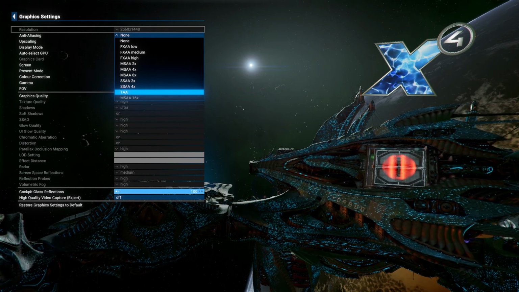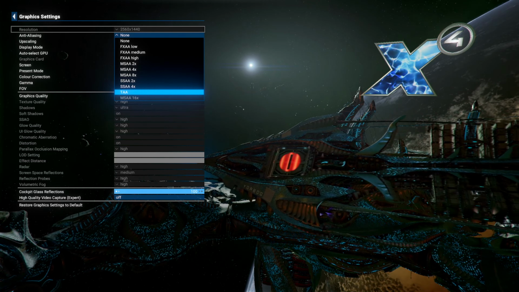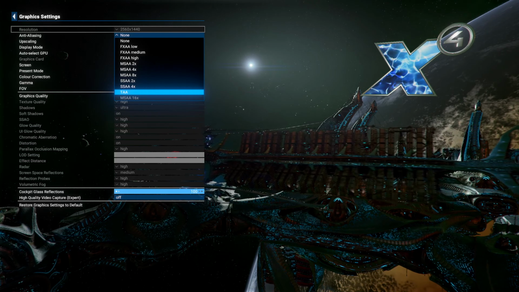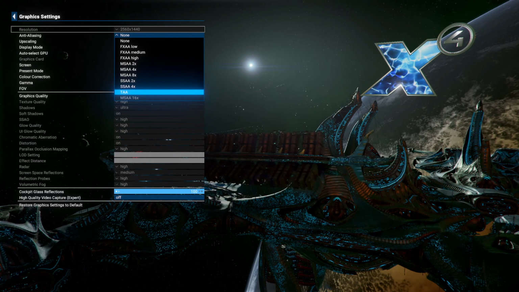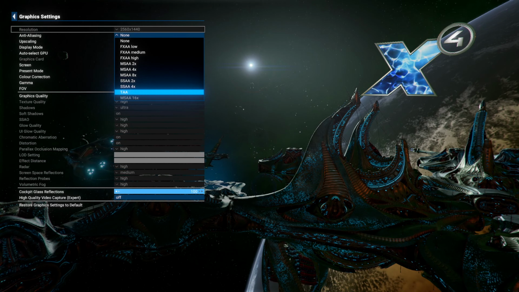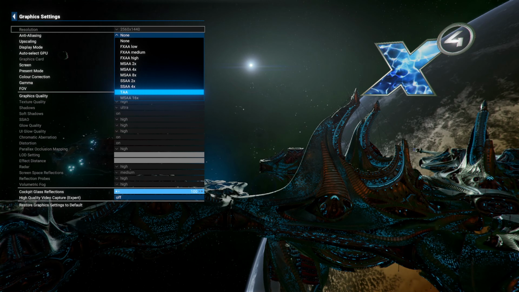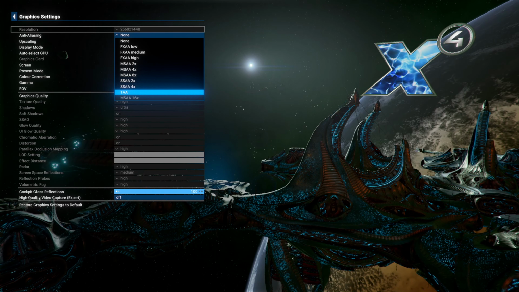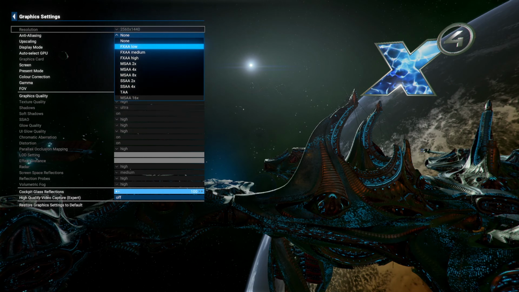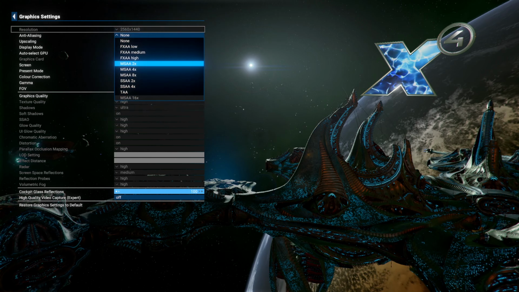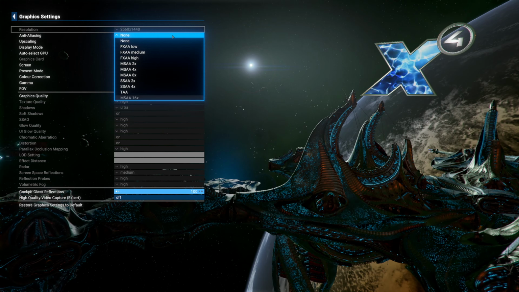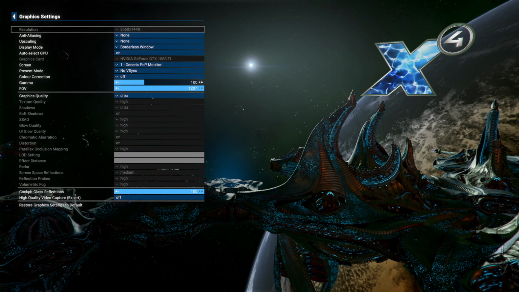And then we've got FXAA, which uses fewer samples in the frame, and kind of gives you the middle ground of the settings. So don't expect as good as SSAA or MSAA. It tries to eliminate the edges of the 3D images. So that's anti-aliasing. This is going to be your number one for performance eating. So if you want to blow your GPU up or something like that, that's one of the things you want to use. Now, upscaling